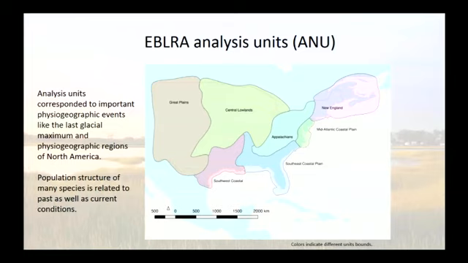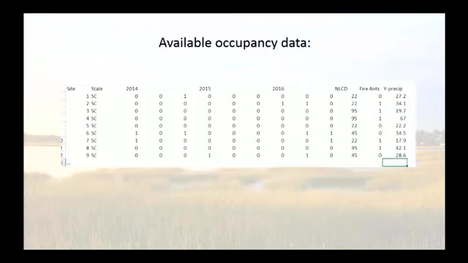So this is the set of analysis units that we came up with to serve as representation components of the decision moving forward. Then our process was to look at how many resilient populations, or what's the resiliency of this group here, what's the resiliency of that region there, and so on and so forth.